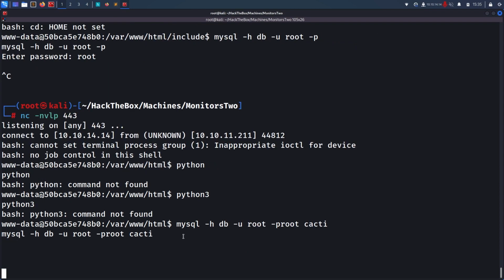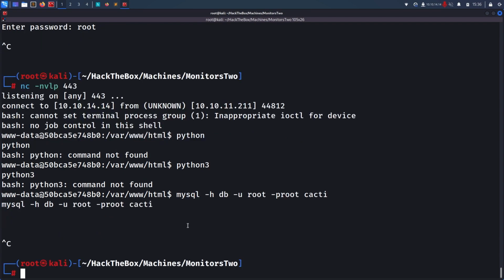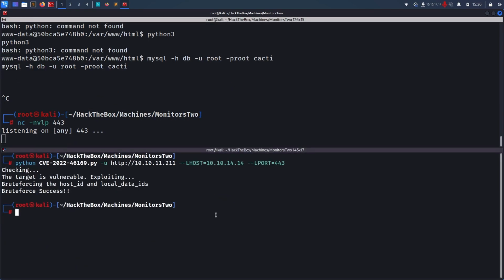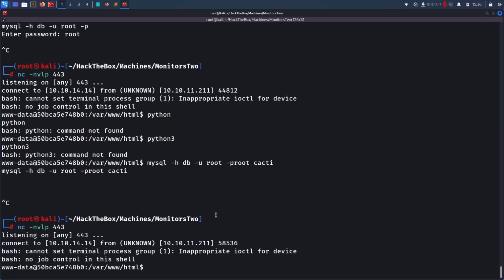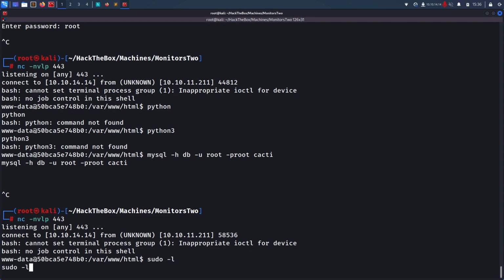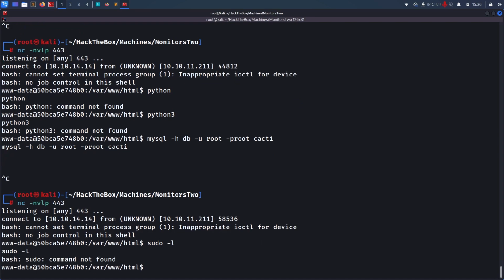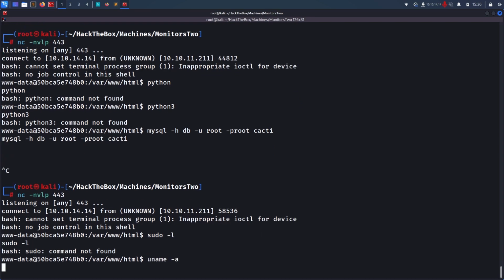Right now in my case it's again not working, so I think that might be a rabbit hole I am falling into. So the next thing I can do is press Control C over here, get a reverse shell again, and now try to escalate my privileges to root. That might work because I'm using the user root as the username and password, so I might not have permissions to do so. Again I can try sudo -l to escalate my privileges. Again I'm following my methodology, uname -a,